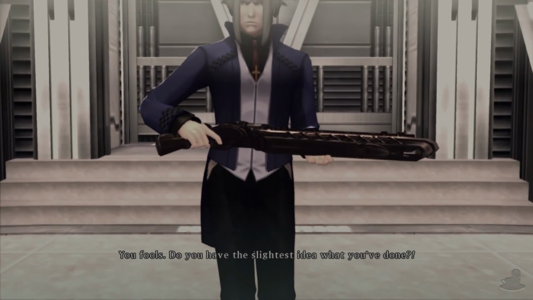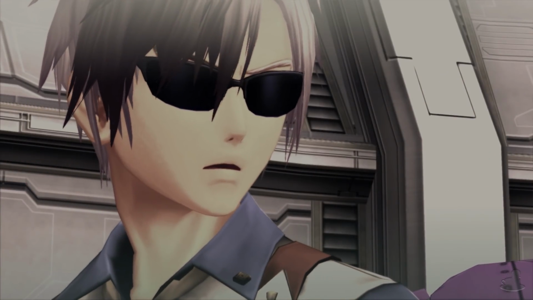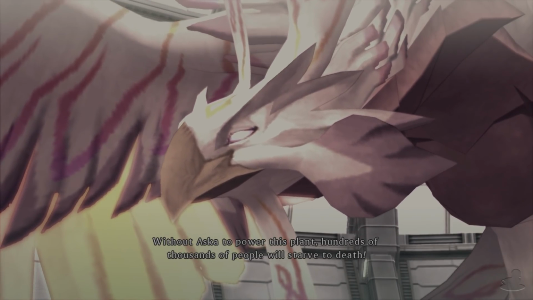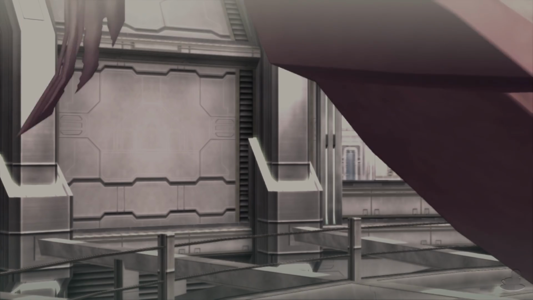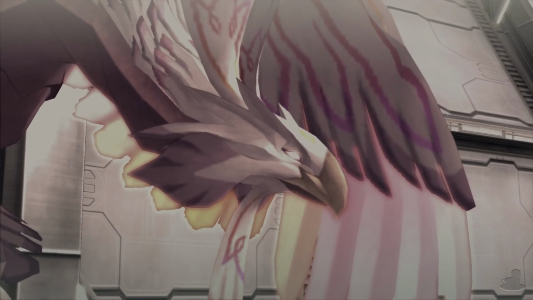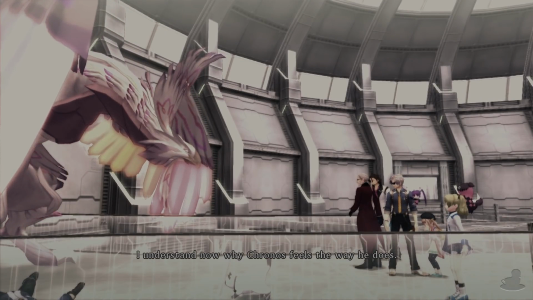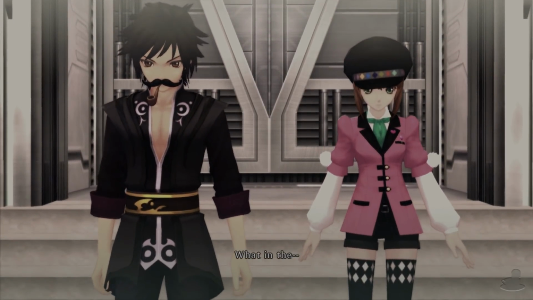You fools! Do you have the slightest idea what you've done? Without Aska to power this plant, hundreds of thousands of people will starve to death. Why would you throw Olympias' future away on a whim like that? Is there no limit to the arrogance your kind will exhibit? I understand now why Chronos feels the way he does. What in the...